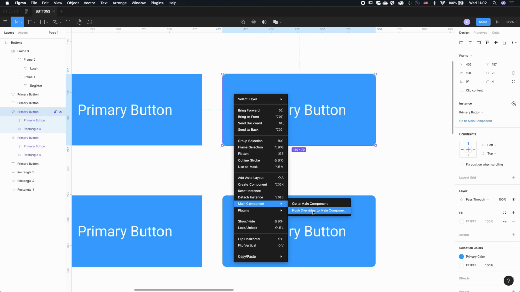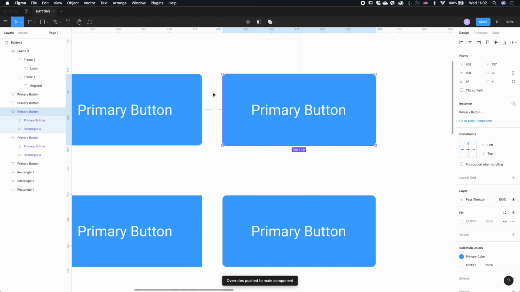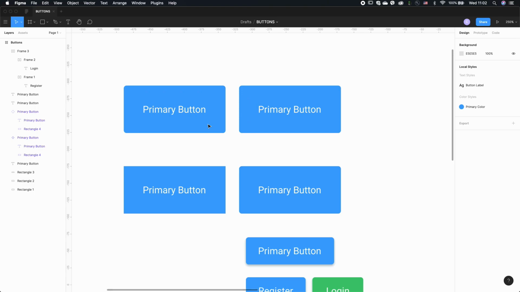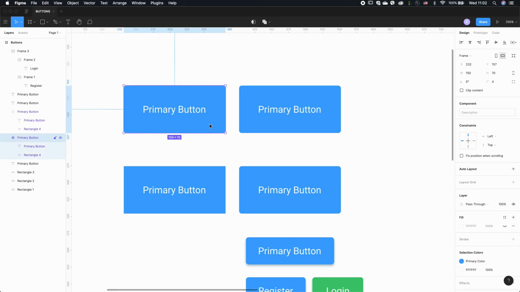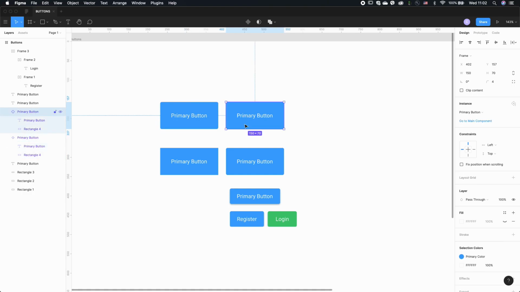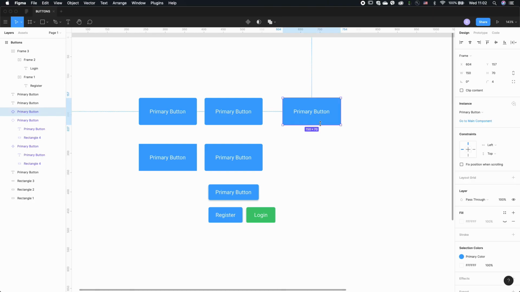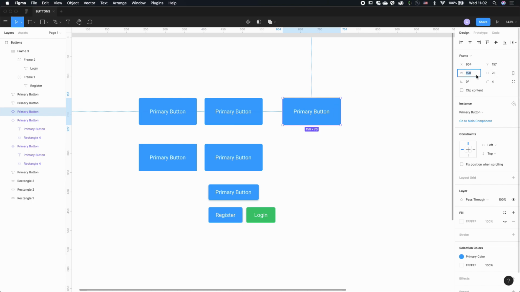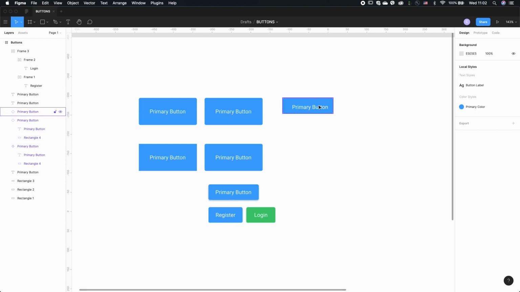So when you press this option, you can see the changes are applied to the primary button, which is your master component. So that's it. Next, let's go ahead and duplicate again, and let's make this smaller, short button similar to this. If you notice, we have a 40 pixels height and 130 pixels width. So we just manually do that, 130 pixels width and then 40 pixels height, and then we just